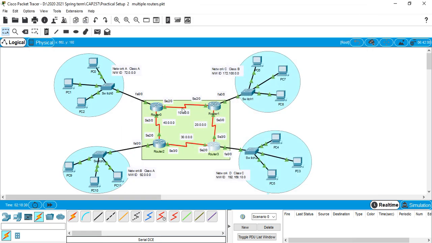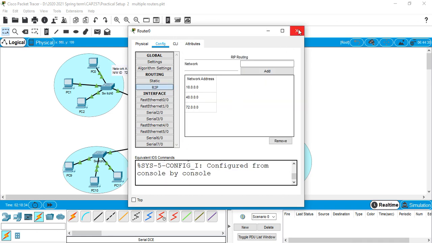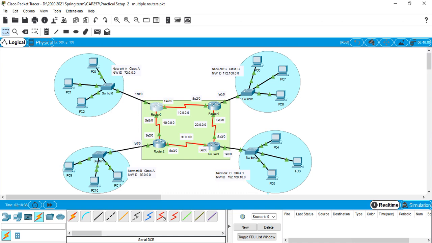Now all the networks are physically as well as logically connected. This was step number 3.